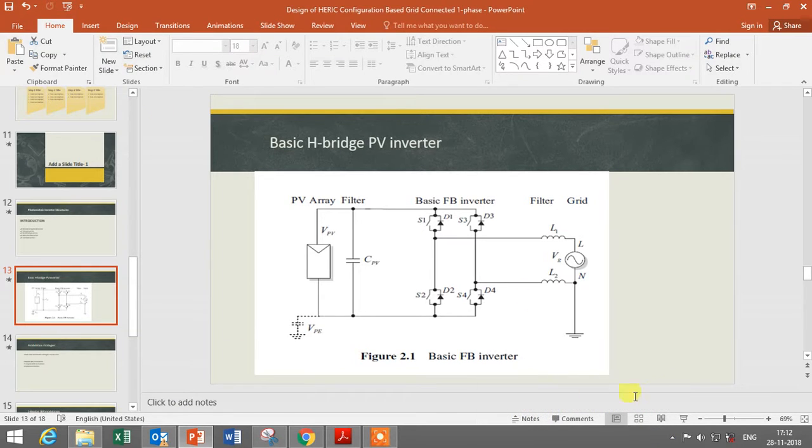Generally we have two families based on which the PV inverters are derived. First one is H bridge topology, and the second one is neutral point clamped topology. So let's learn first about the H bridge topologies. The inverters based on the H bridge topology are like